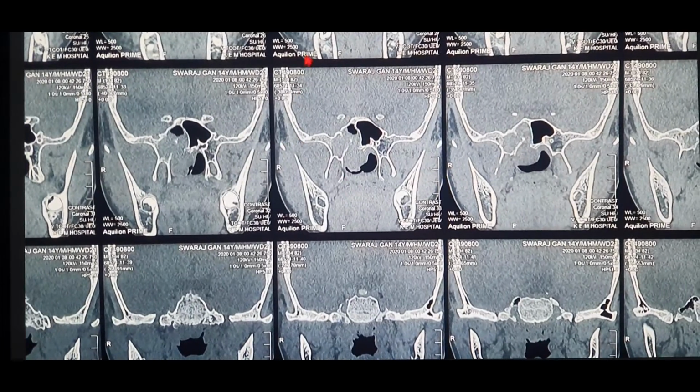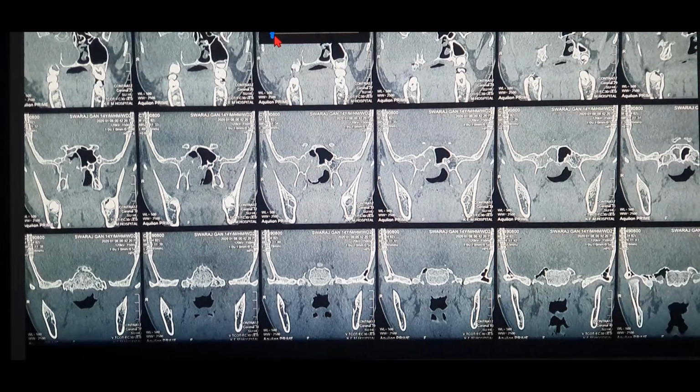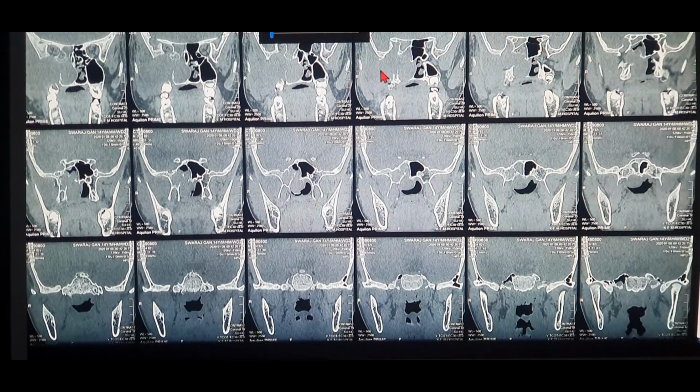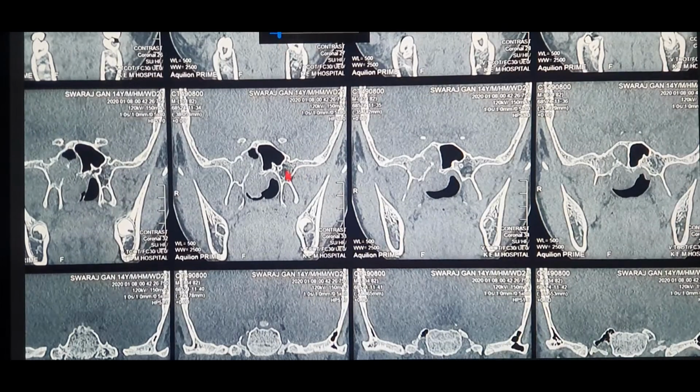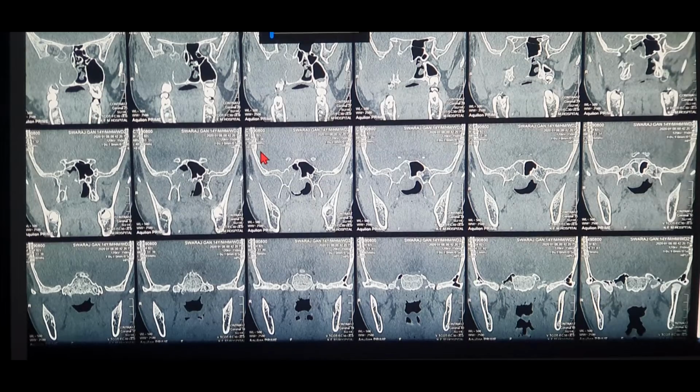So this is how you read a CT scan for a JNA patient. Now this was a plain non-contrast CT scan, and that too it was a bony window. Now this was a bony window and not a soft tissue window. So if we move on to the MRI of the patient, you can see